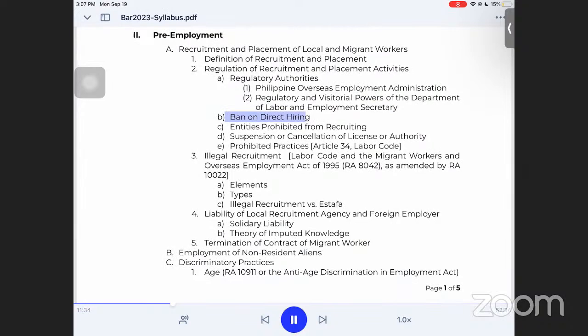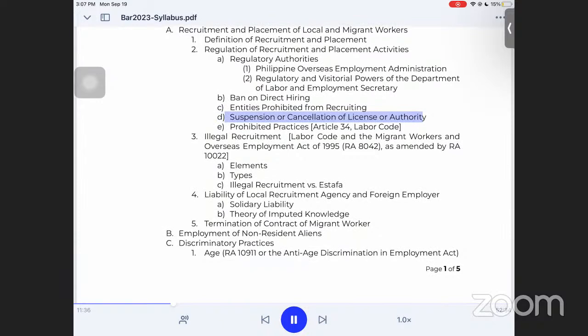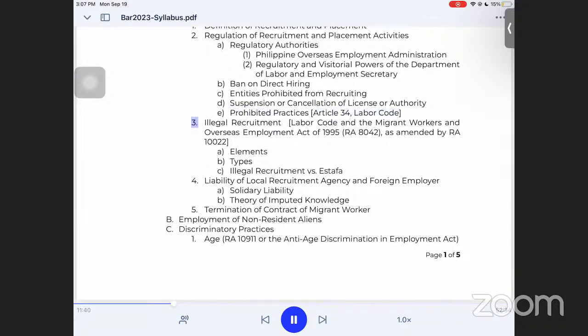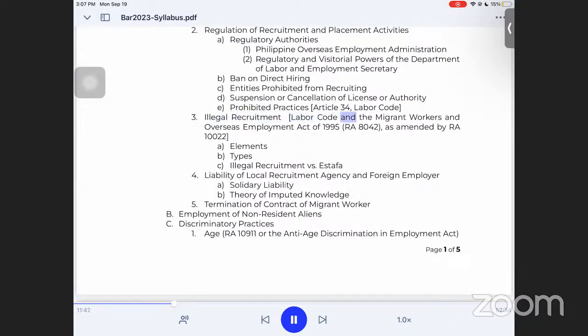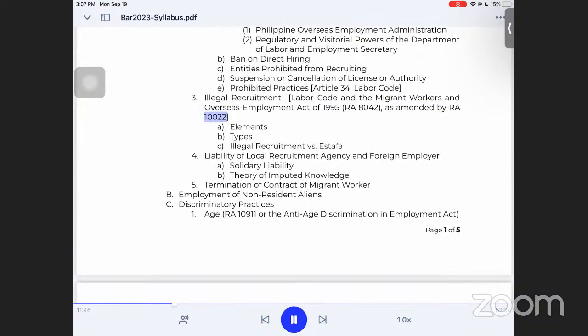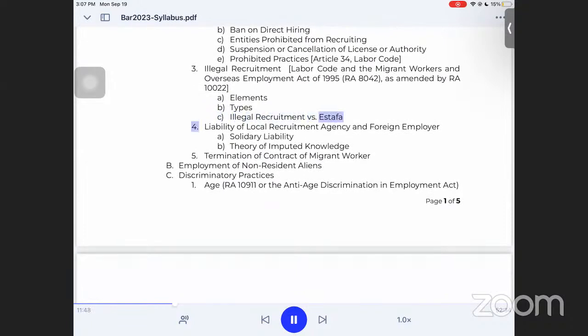B. Ban on direct hiring. C. Entities prohibited from recruiting. D. Suspension or cancellation of license. E. Prohibited practices. Article 34, Labor Code. 3. Illegal recruitment, Labor Code and the Migrant Workers and Overseas Employment Act of 1995, RA 8042, as amended by RA 10022. A. Elements. B. Types. C. Illegal recruitment versus